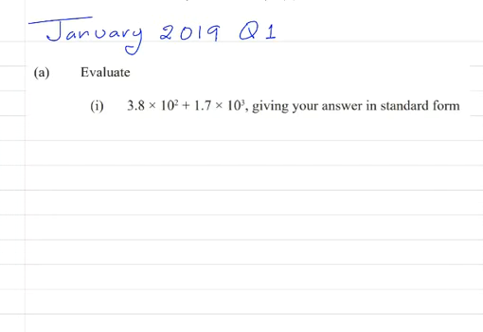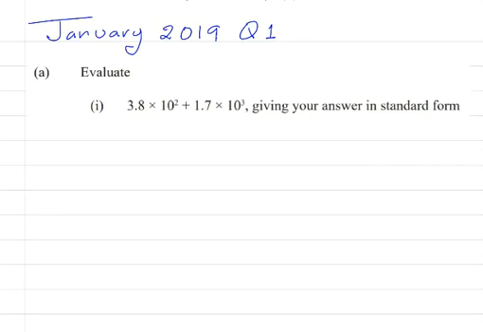January 2019, question number 1. Part (a) says evaluate 3.8 times 10 squared plus 1.7 times 10 to the third, and we're to give our answer in standard form. Alright, so first of all,